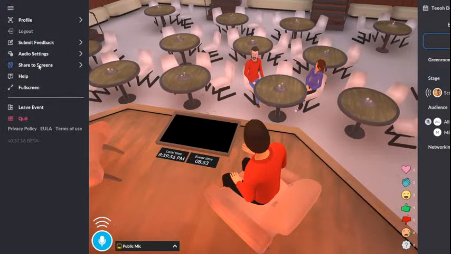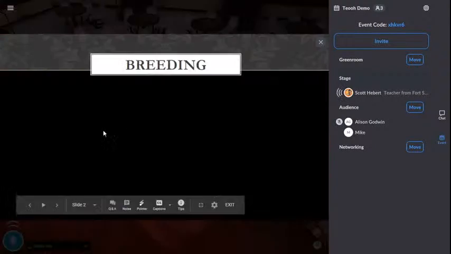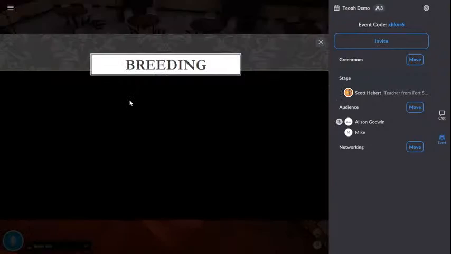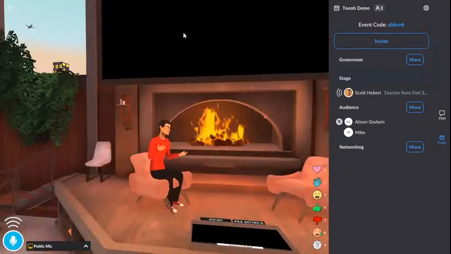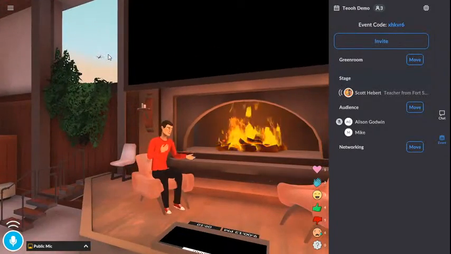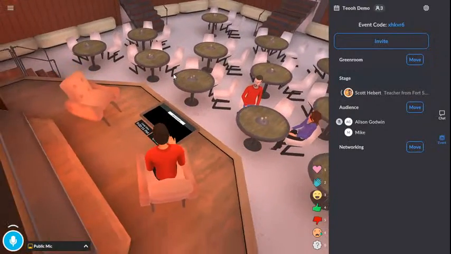So I'll go here. I will go share to screens. So now, there it is. I can make the screen big for myself to check out, and I believe you can do the same. If you click on a screen, I believe it will magnify it. Oh look, it has simulated planes flying in the air. That's kind of cool. Really is beautiful actually when you really look at it.